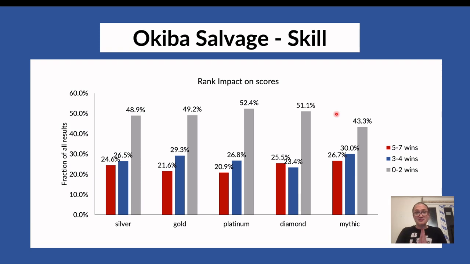Last thing I looked at is the rank and how many decks of a particular category there are in each rank. And here I saw one trend at least. Players in Mythic do much better. They don't train wreck with decks that have Okiba Salvage in them. On average,